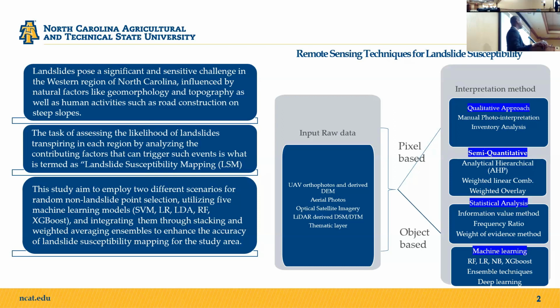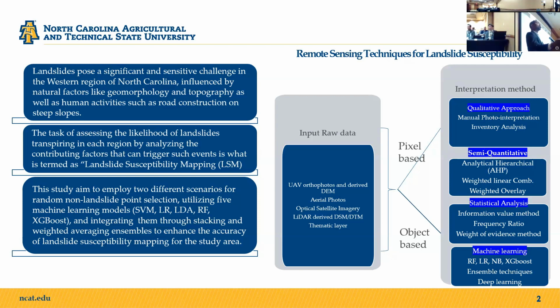And there are also semi-quantitative methods. We have analytical hierarchical process and weighted linear combination. Those are very common ones. Weighted overlay, by considering the factors and overlaying all of them to know which areas are susceptible and which areas are not susceptible. But the recent ones are also statistical analysis, like the information method, frequency ratio, weight of evidence,